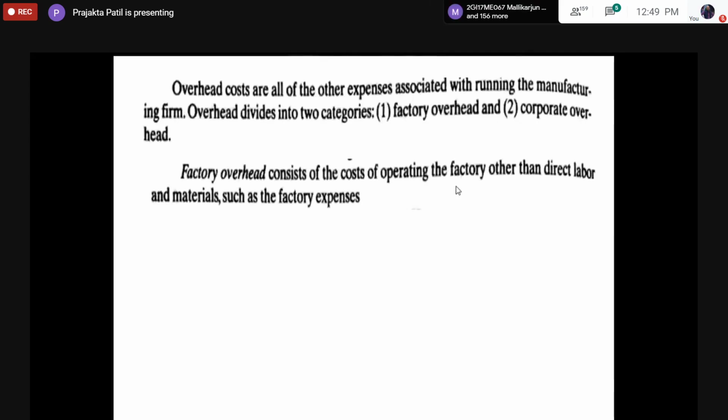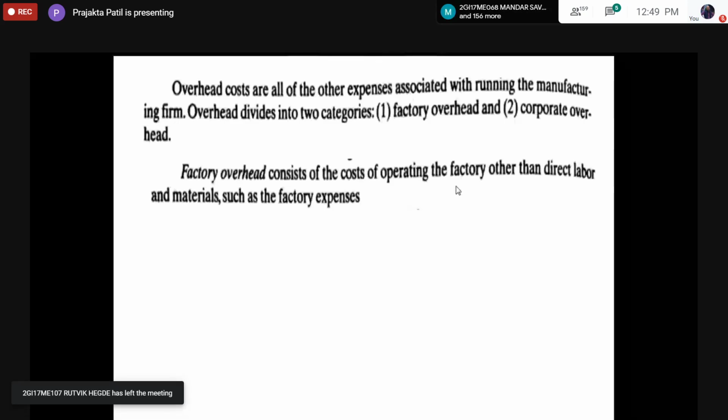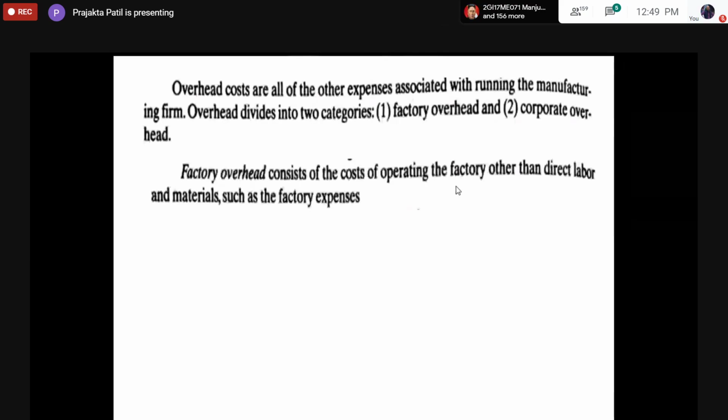Like we have the maintenance crew with us who are not in function all the time, but their role is important. Whenever there's a breakdown and maintenance is required, yes, you have to have them. Then there are applicable taxes, heating and air conditioning, light, the amount that you're going to pay for electricity, and some clerical support that is required. All these fall under factory overhead expenses.